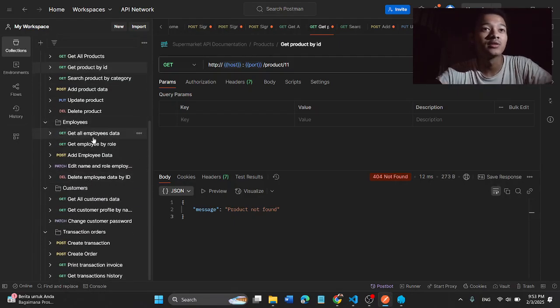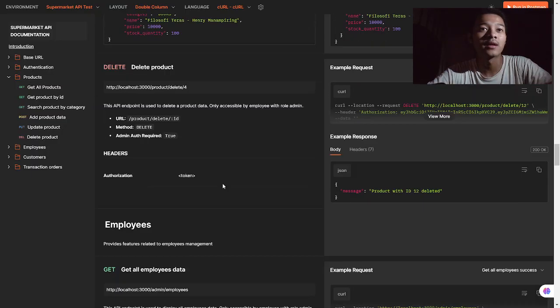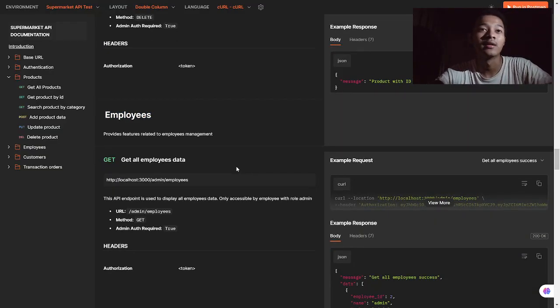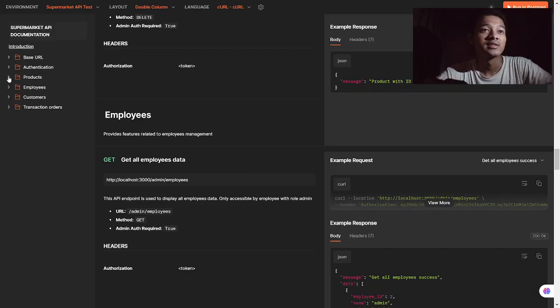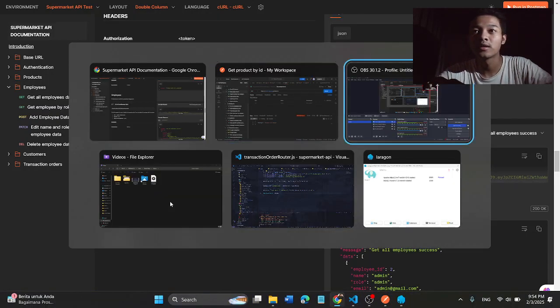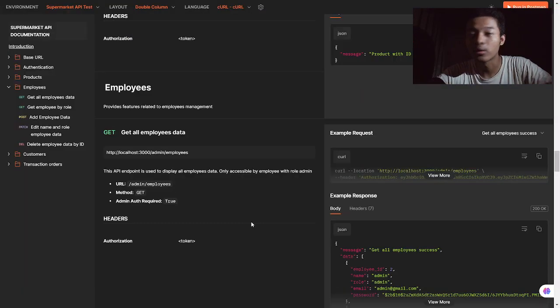And after that, continue to the next endpoint. Here we have the employees endpoint, which provides features related to employee management. Okay, let's take a look here. We have several endpoints here. How many minutes has it taken? 21.